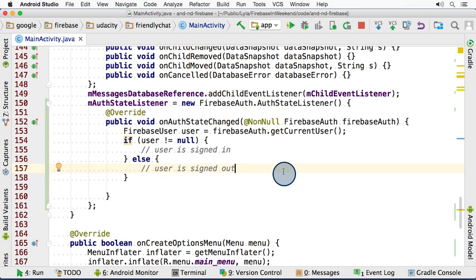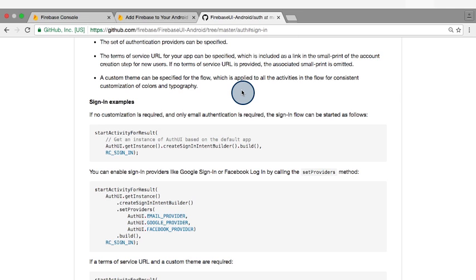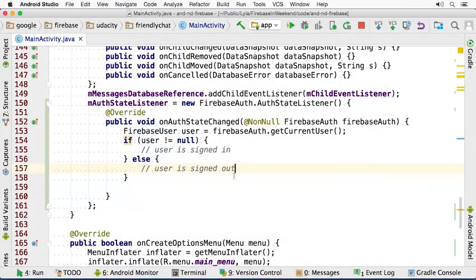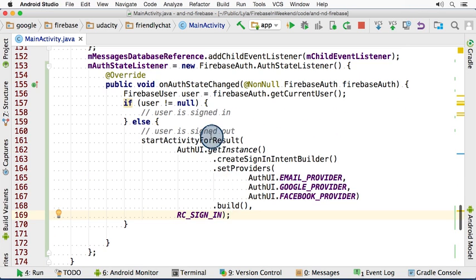Firebase UI is spectacular because with just one call, it'll start this whole sign-in flow for us. Over in Firebase UI's auth README, they have a couple of sign-in examples. And this one here is actually the closest to what we want. It enables sign-in with some providers. So I'm going to go ahead and copy this. And then over here, if the user is signed out, I'm going to go ahead and call that method to